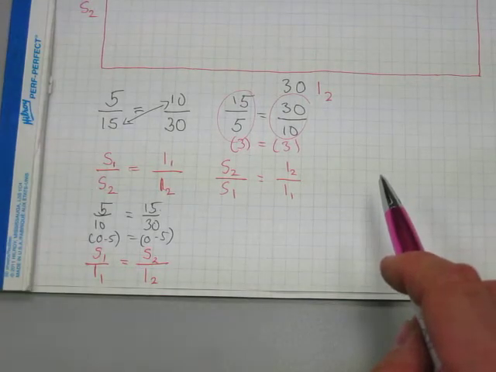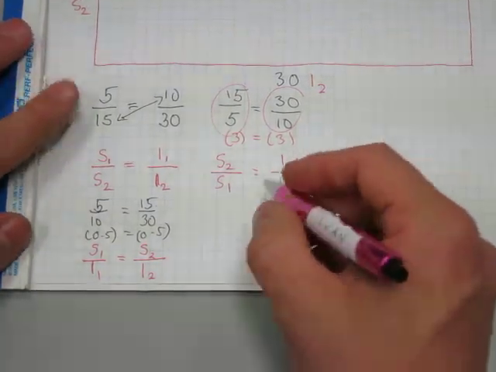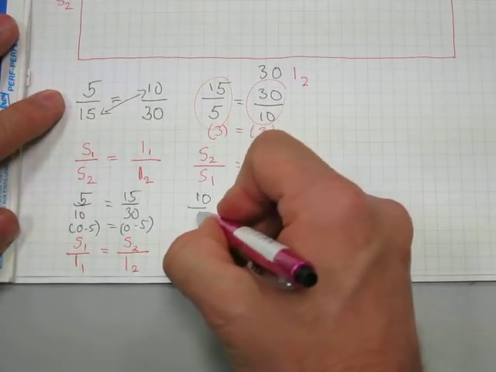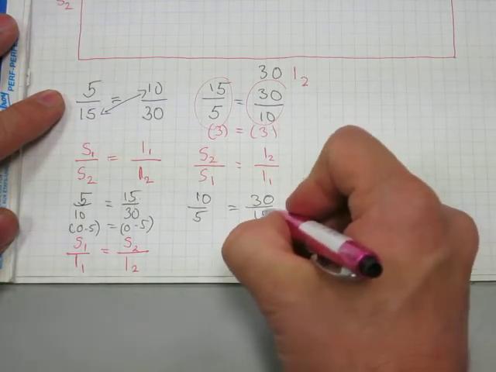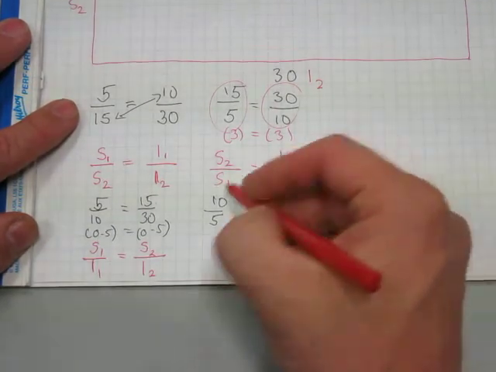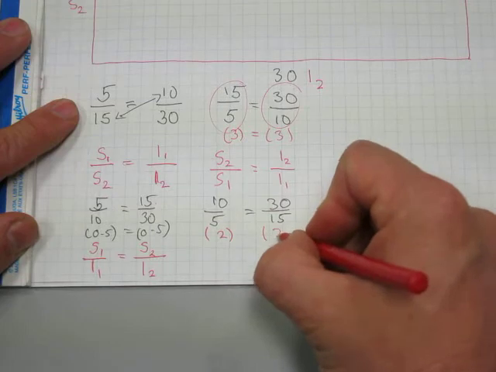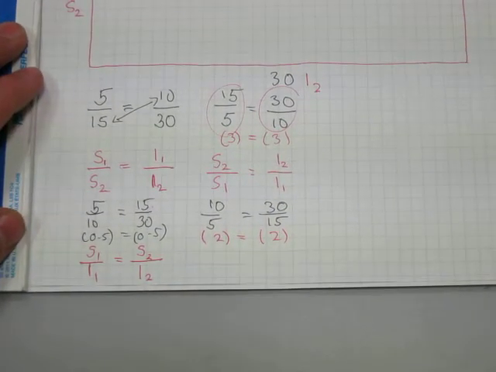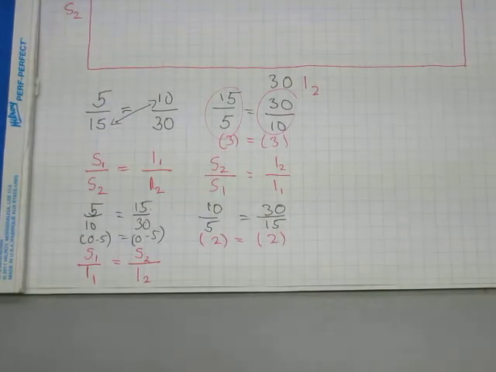And likewise, it is possible to do a vertical flip on it, and we can write 10 over 5 equaling 30 over 15. Let's calculate the value of this one. 10 over 5 is 2. 30 divided by 15 is also 2. So the numbers still check out in this combination. The 4 independent values still maintain equality,